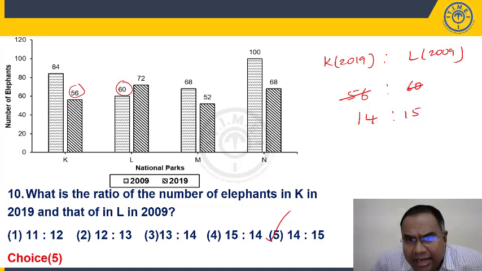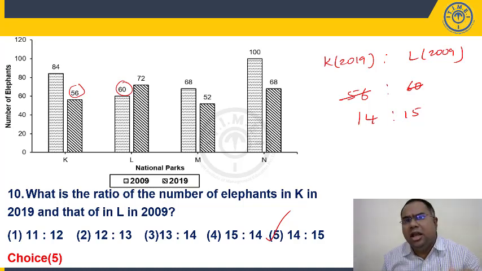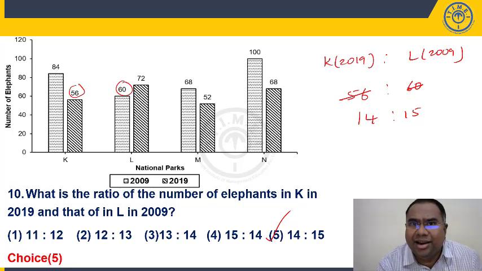You can see clerical prelim level questions, how easy they are. If you take PO prelim also, they will be on par, maybe slightly difficult. If you observe closely, PO prelim questions will be slightly difficult when compared to clerk prelim. That's why I'm saying in the prelim exam, you cannot lose marks on data interpretation. Try to score 10 out of 10, 15 out of 15 given in the examination.